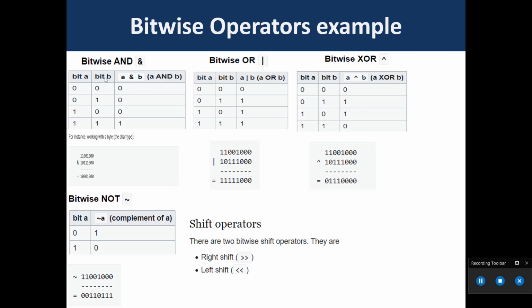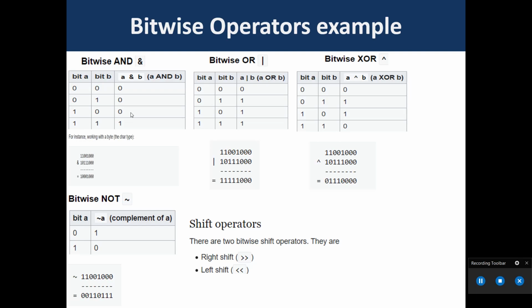First, bitwise AND. This is the table for bitwise AND. Bit A 0011, bit B 0101, then the result of A AND B is 0001. The bitwise AND operator is a single AND symbol. It is just a representation of AND which does its work on the bits of the operands rather than the truth value of the operands. Bitwise binary AND does the logical AND, as shown in the table above, of the bit in each position of a number in its binary form.